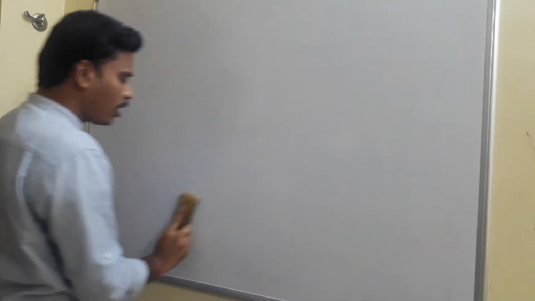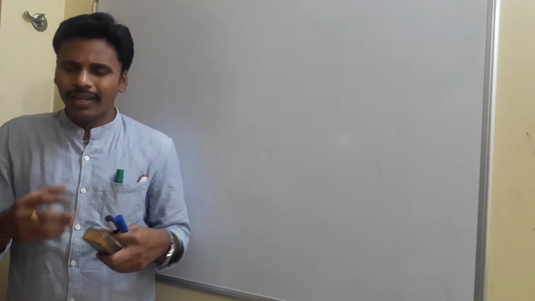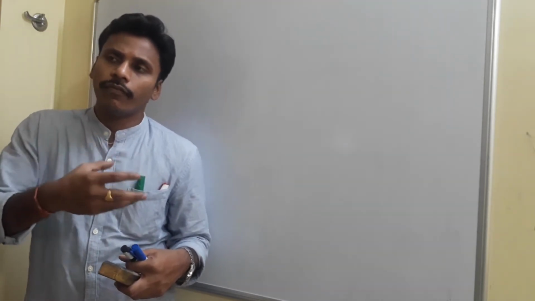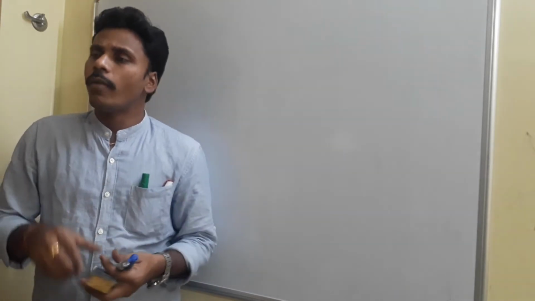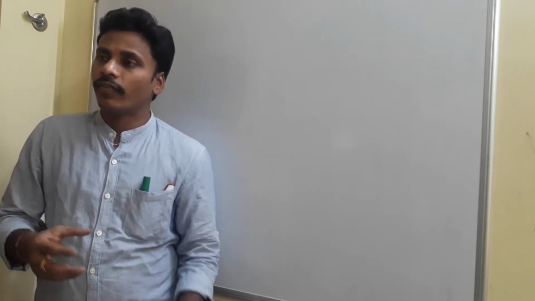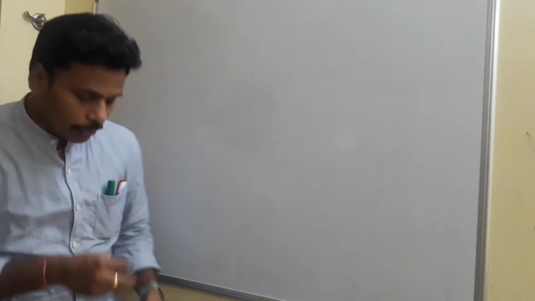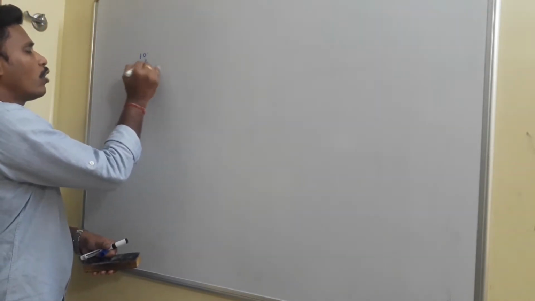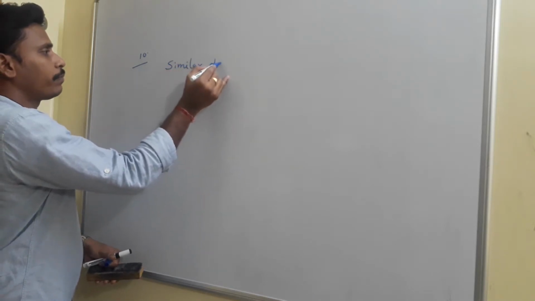Similarity is there between different things, not only for triangles. We may observe similarity between two pens, between two books, between two persons. Likewise, similarity is there for every type of object, but specifically we need to know about similar triangles here. So our 10th point for today's session is similar objects, and specifically similar triangles, right?